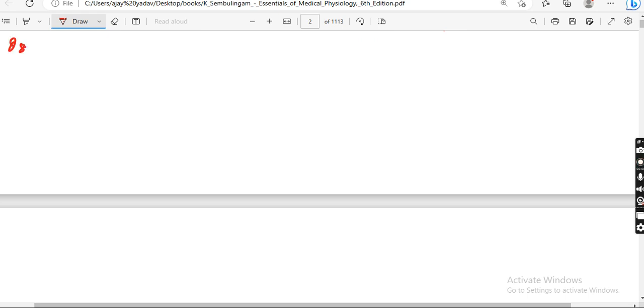Question number 8. Phosgene is the common name for this; this is called carbonyl chloride, which is also called phosgene. Okay,